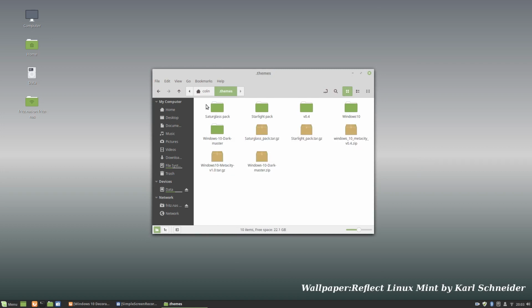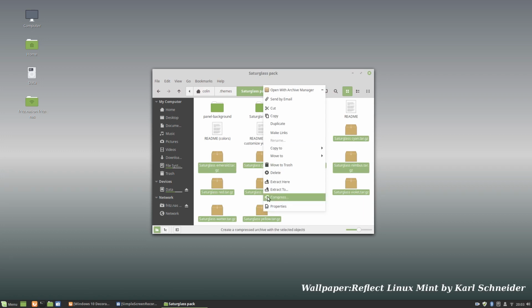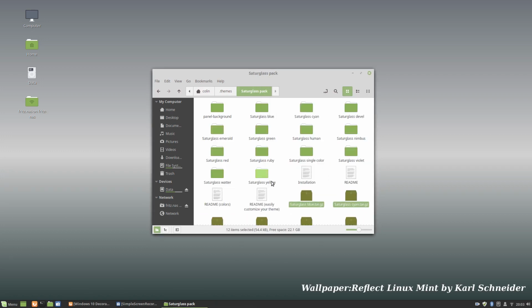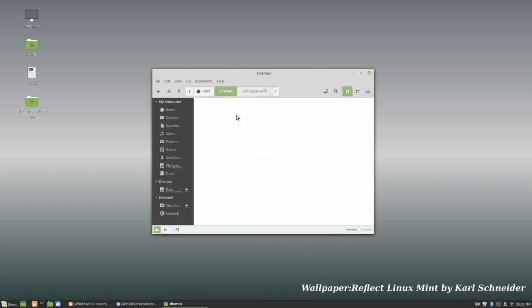So we'll just make sure that there are no subfolders. This one has subfolders, as you can see, so we've got to extract all these ones as well. Click the first one, hold the shift key, click the last one, right click and extract here. So now we've got the Saturglass. From that first one, same again, hit the shift key to the last one, cut those and move them into themes,